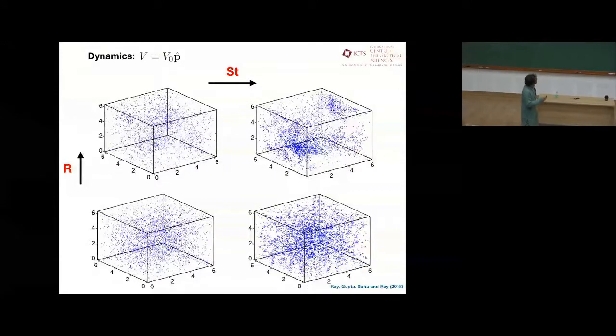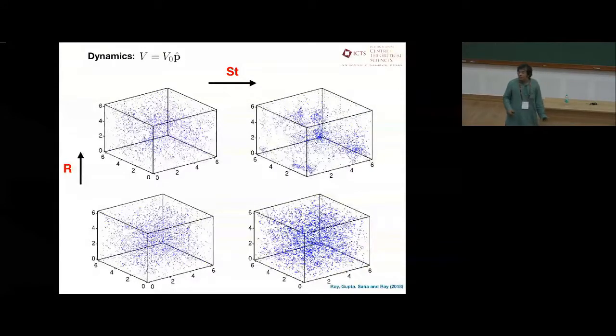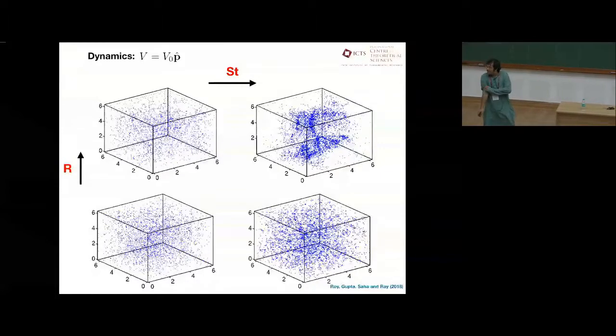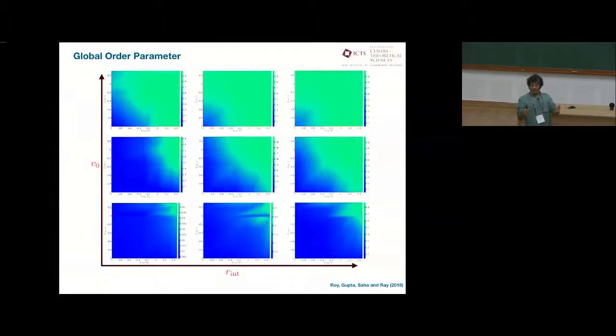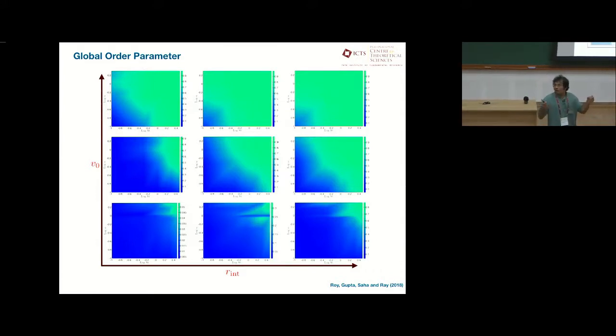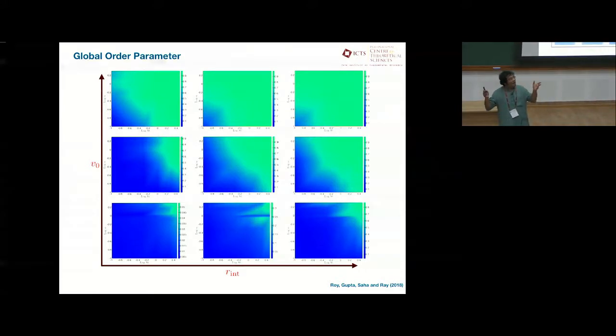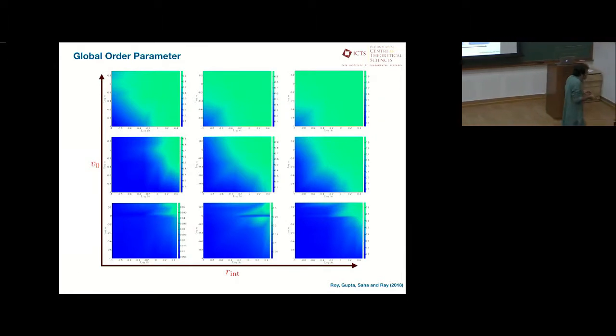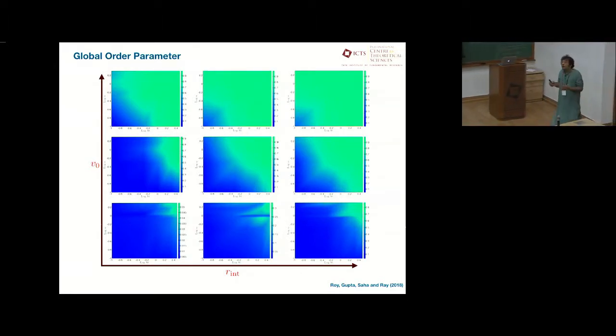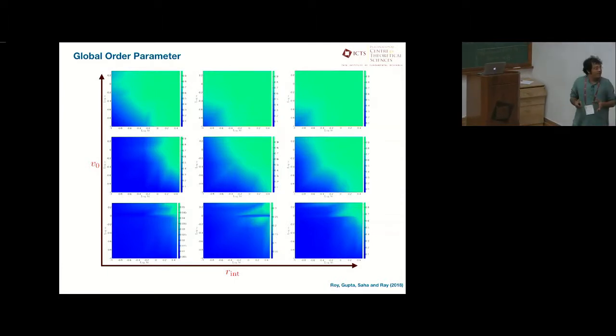I'll skip this in the interest of time. The simplest way to quantify this is to calculate what would be called the global order parameter. So essentially, we had about 1 million microorganisms in our flow. I'm calling them microorganisms with the caveats that I've labored on. We seeded 1 million such particles in our flow, and then we calculated the global order parameter, which tells you how aligned they are.